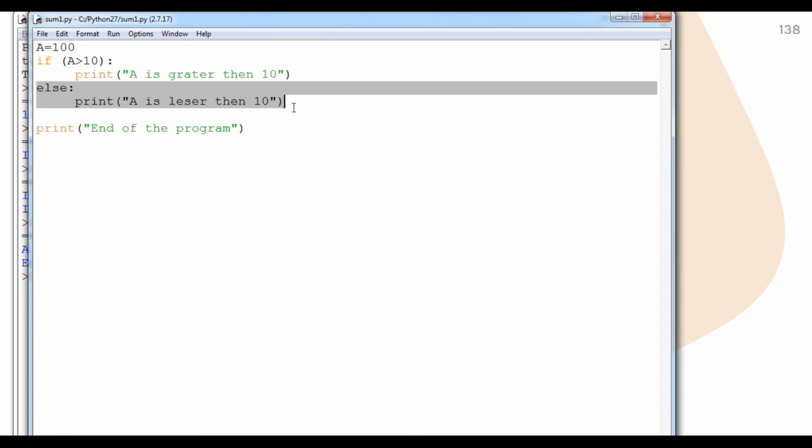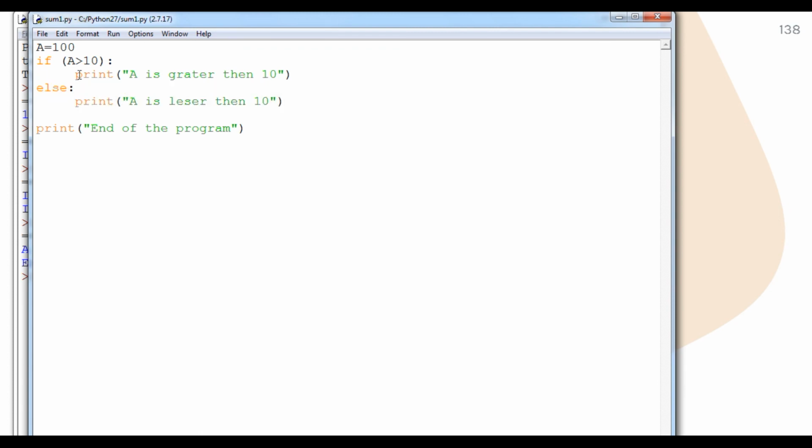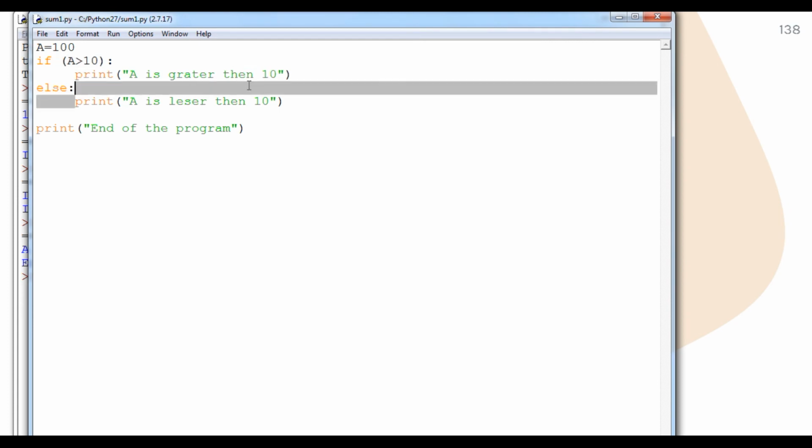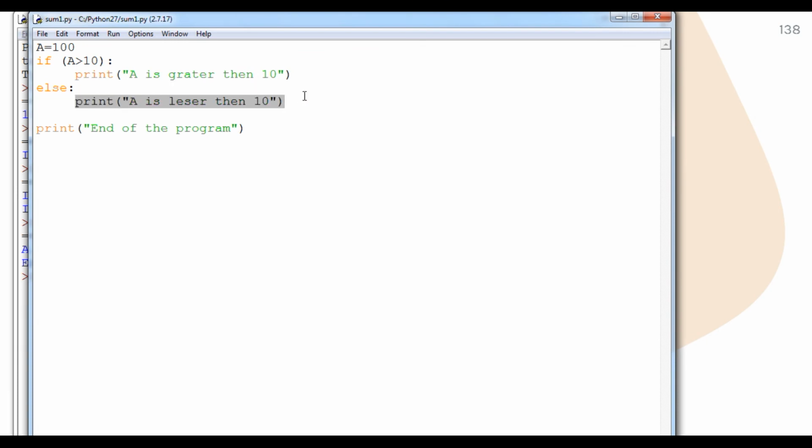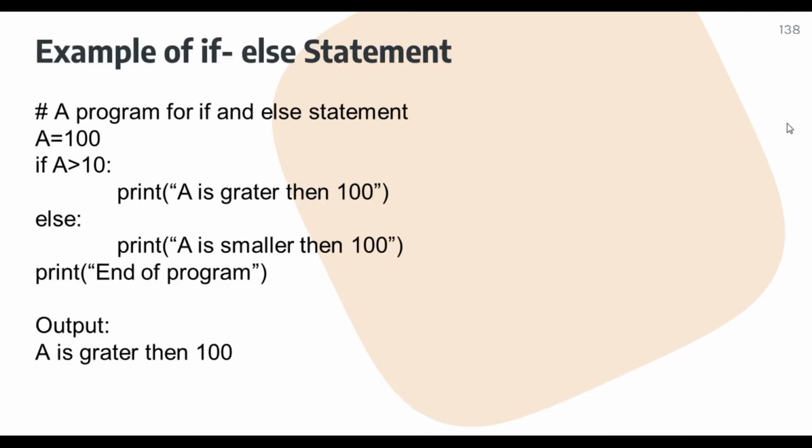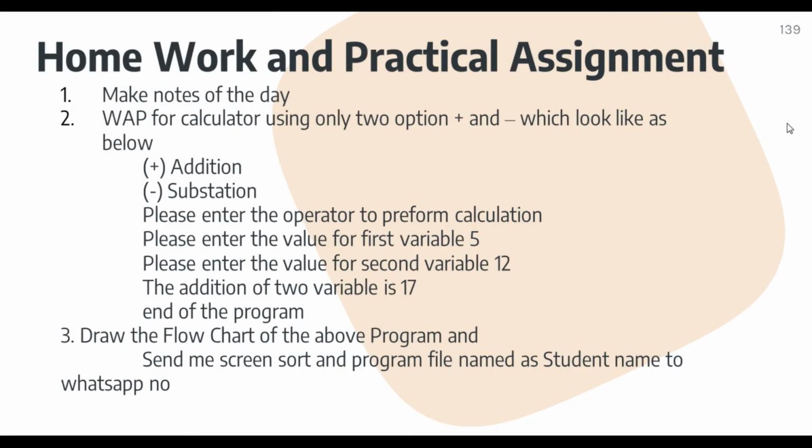If can be used individually without else, but in an if else condition we have to use the else part also, to show the secondary answer of the particular test condition. So if this particular condition is false, it will transfer the control of the program to the else part, and the else part does not have any test condition, so it will print this particular statement inside the else part, and at the end of the program it will print end of the program also.